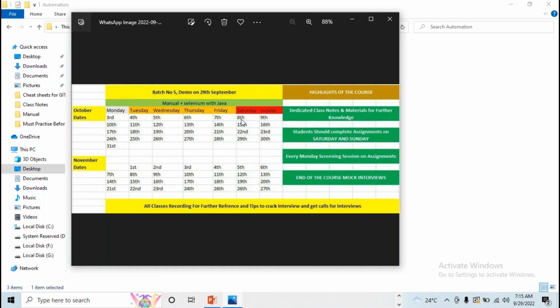Okay, no classes are there on the weekends, Saturdays and Sundays. You have to do the task assignments, and while doing the practice and practical you may have doubts, right? Those doubts have to be clarified next week on Monday. It's nothing but the screening day. Every Monday is a screening session, every Saturday and Sunday is an assignment session, and Tuesday, Wednesday, Thursday, Friday, these are the 4 days we are going to discuss the concepts. How does the timetable look?